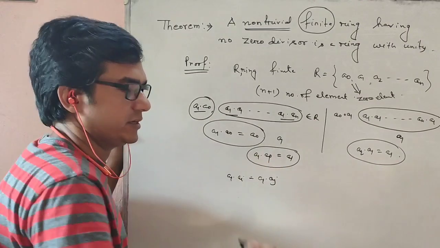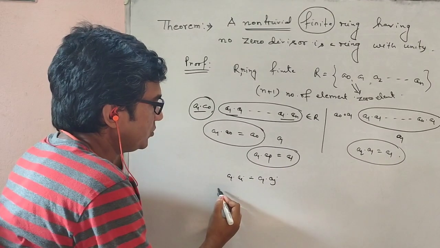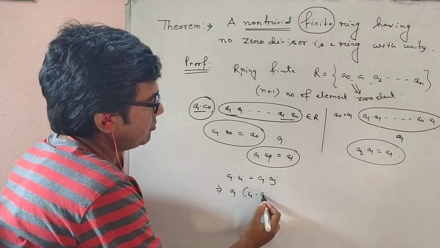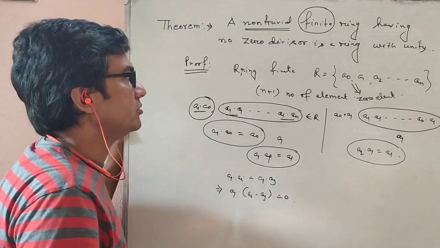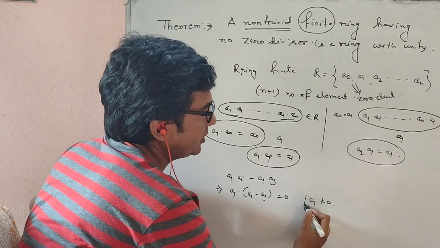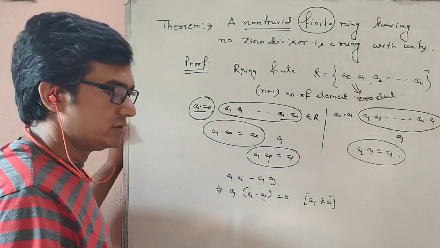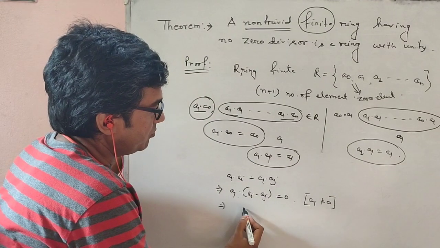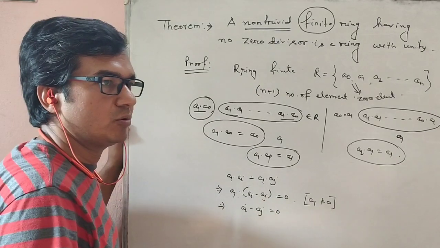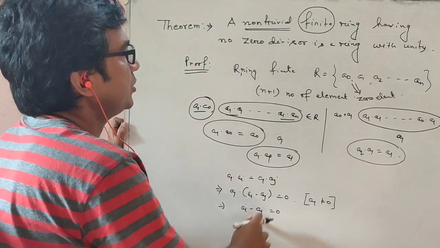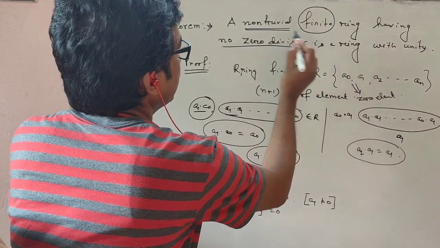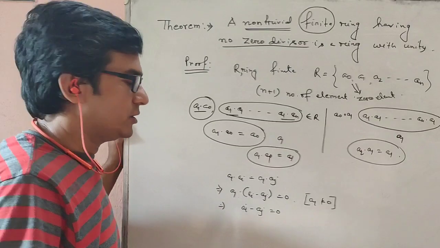then we get A1·(AI minus AJ) equal to 0, and here A1 is not equal to the 0 element, because A0 is the 0 element. Then we must have AI minus AJ equal to 0, since in the statement the ring has no divisor of 0, no 0 divisor,